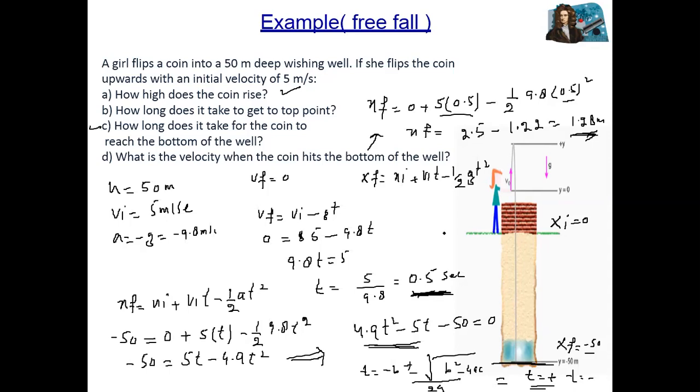Correct? So will you solve this one with the quadratic formula, or should I solve this one? It'll be better if you solve it, Professor. Okay, so let me share my whiteboard. I will solve it on the whiteboard. T1 is going to be negative 0.3 seconds, and T2 is going to be 0.4. So we take the positive 0.4.